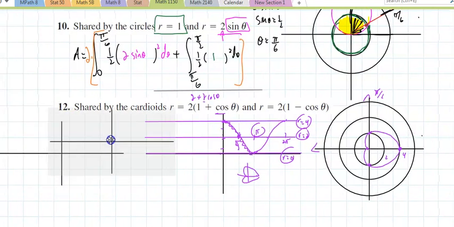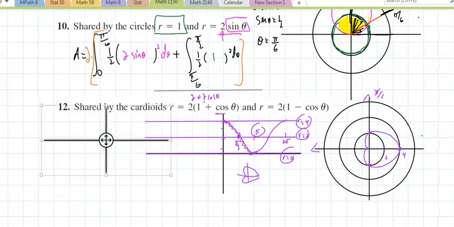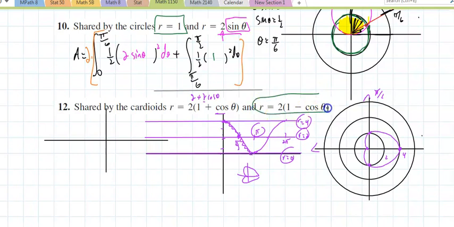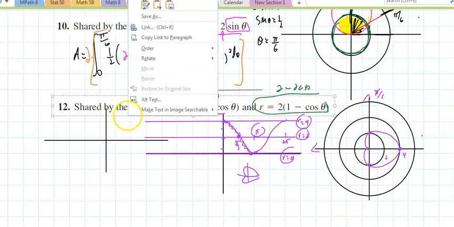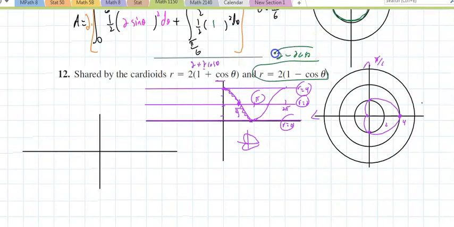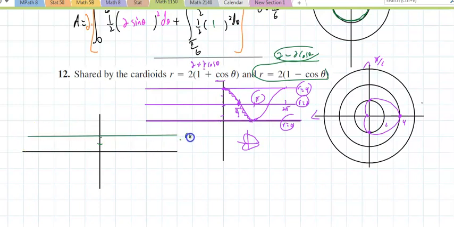And the other graph looks very much like it, right? If I look at this graph, that is 2 minus 2 the cosine of theta. That's still going to go up. Let me just fix that. I am going to go up. That's cosine of theta. Twice the cosine of theta. I'm going to go up 2 units. That is r equal 2. And I am going to move